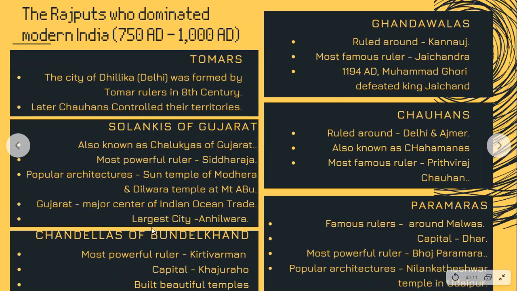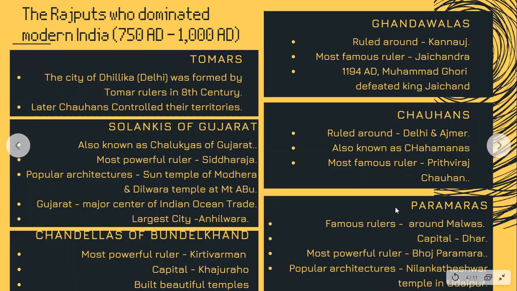Then you have the Chandelas of Bundelkhand, with Kirtivarman being the most famous ruler and Khajuraho being the capital, and they built beautiful, beautiful temples, right? Then Gandhawalas, who ruled around Kannauj, and Jayachand was the most famous ruler who was defeated by Muhammad Ghori in 1194 AD. Right. Then you have the Chauhans who ruled around Delhi and Ajmer, also known as Chahamanas. And Prithviraj Chauhan was the most famous